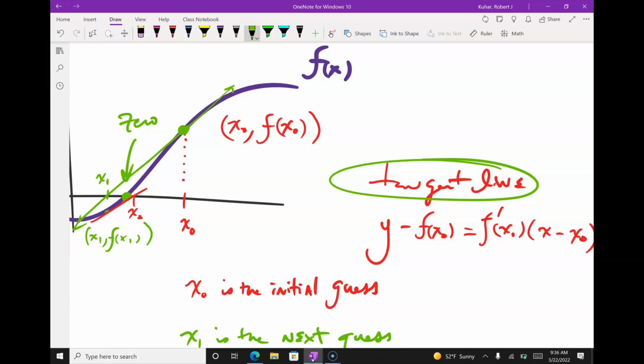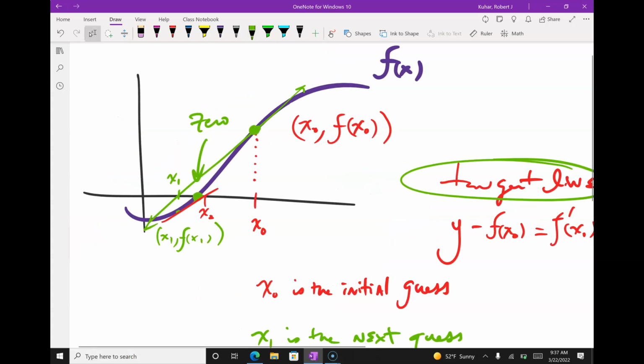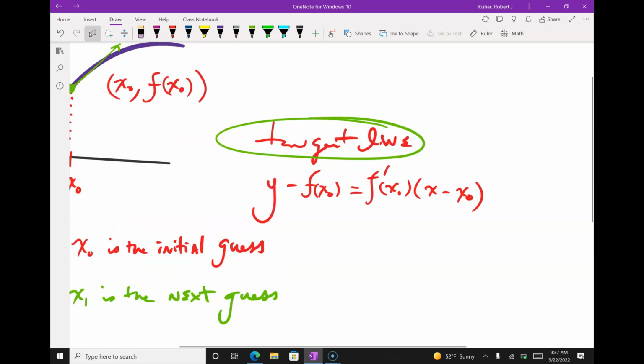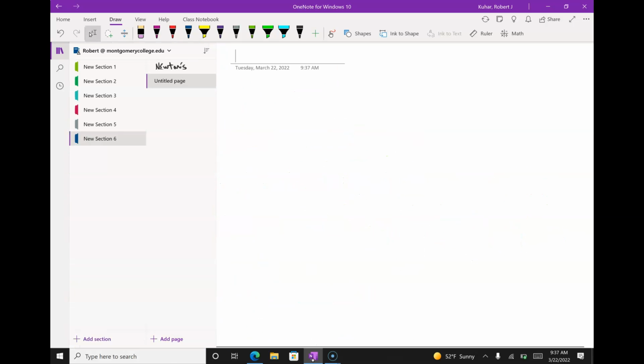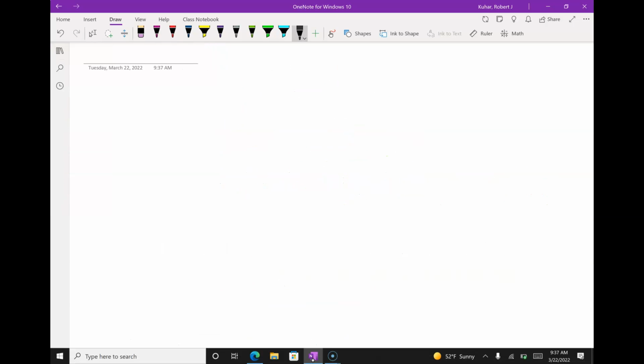But what is x? X sub 1. And what do I know about y sub 1? What height is it? 0. Okay, so look at what happens to my tangent line. This is Newton's method. I've got 0 minus f of x equals f prime of x all times x next